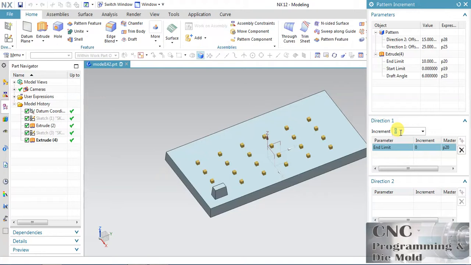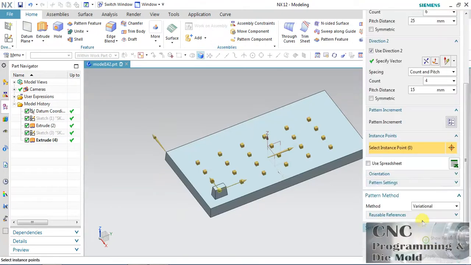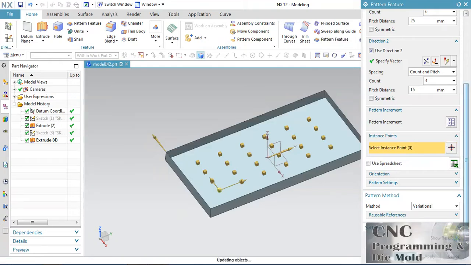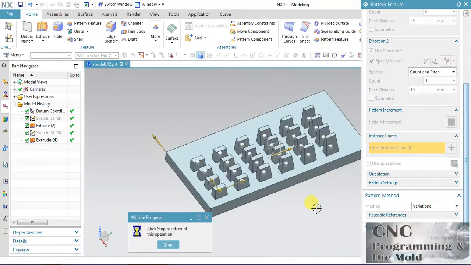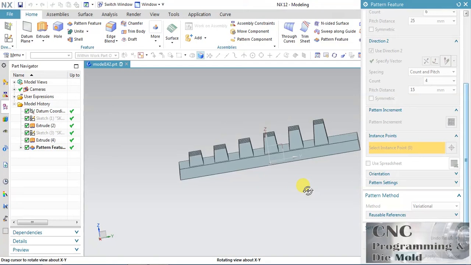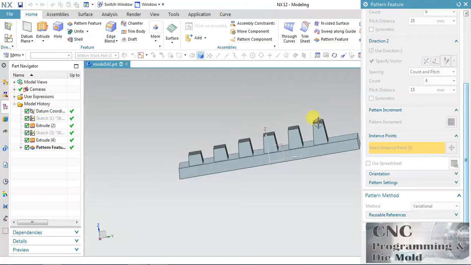The end limit incremental value is 2, so the height will increase gradually by 2 millimeters. And now I will see the result. You can see in the first direction the height of the extrude will increase by 2.